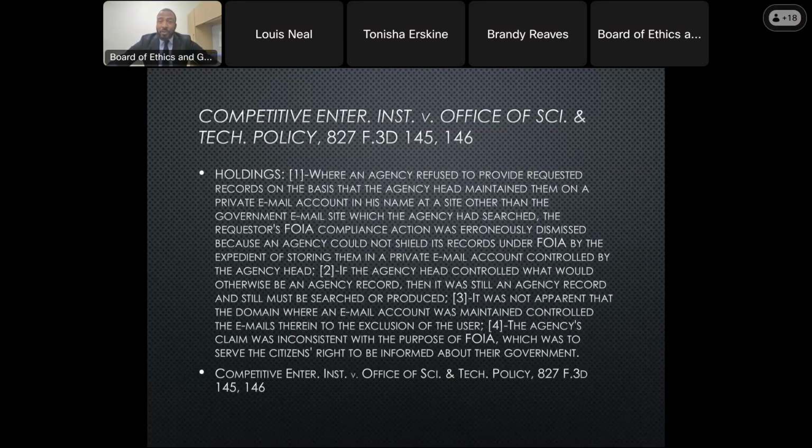If the agency head controlled what would be otherwise an agency record, then it was still an agency record and still must be searched or produced.